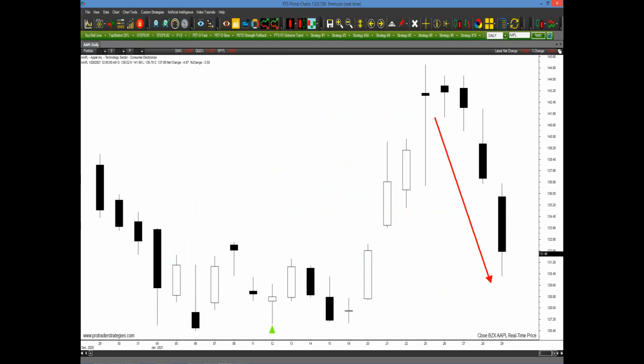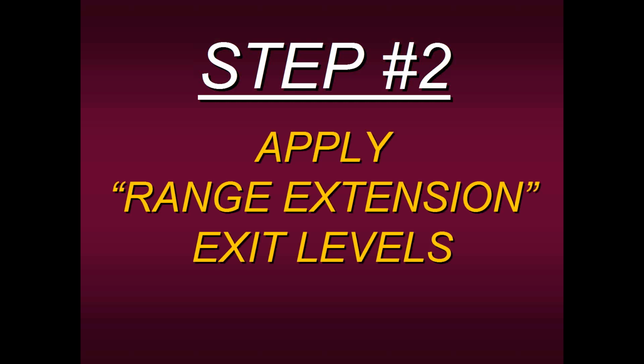Because if you held on, guess what? You would have given back all of your profit and you're back to zero again. Okay. So how do we protect our investment? Well, this brings us to step 2. Step 1 was to furnish our students with a sound fundamental strategy. That's strategy number 9. Step 2 is to give you an exit plan, and that's in the form of range